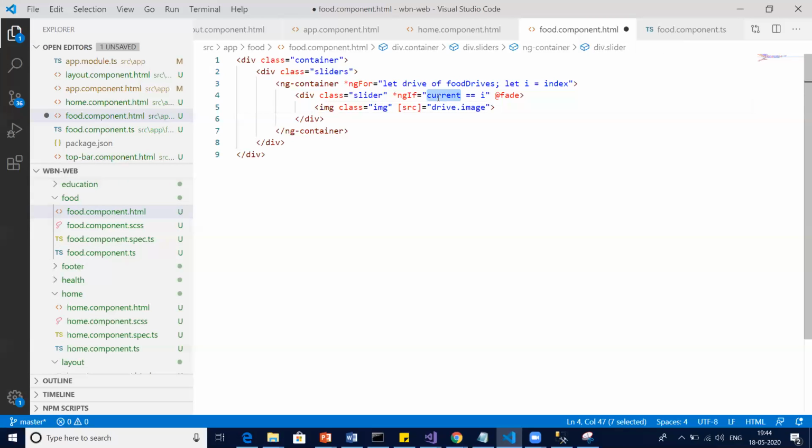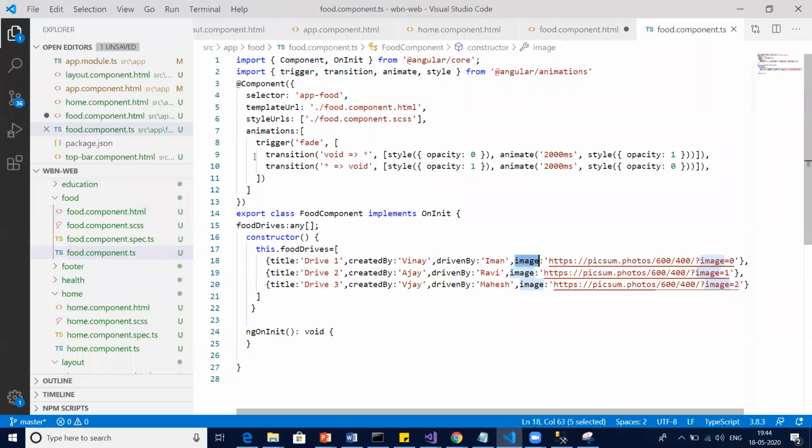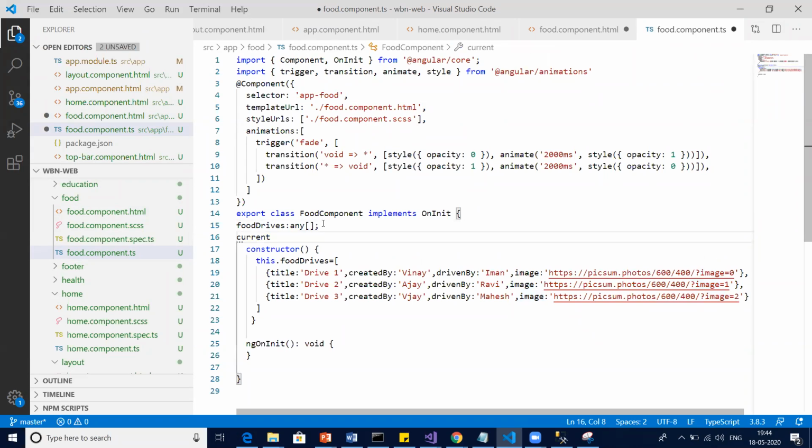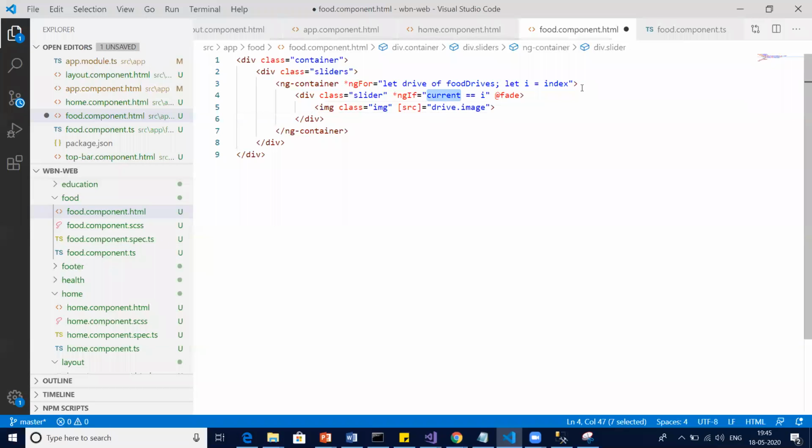And we don't have current, so take this also. This basically shows the current image. Here you can say current, number type, equals to 0. Okay, save. So now it will not say current is not a property. Now we are left with the styles.